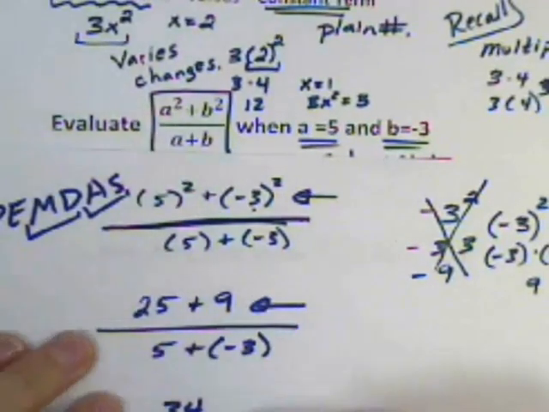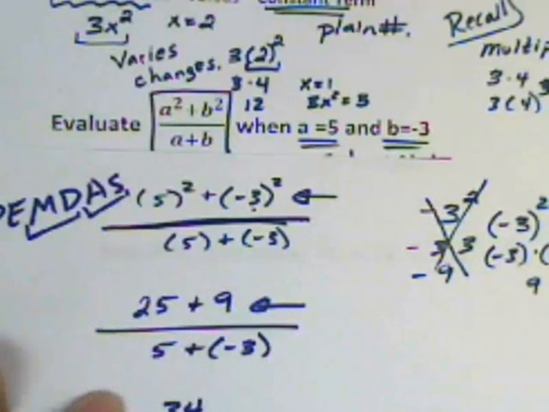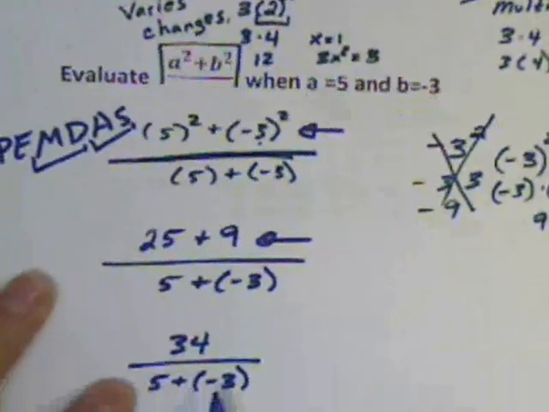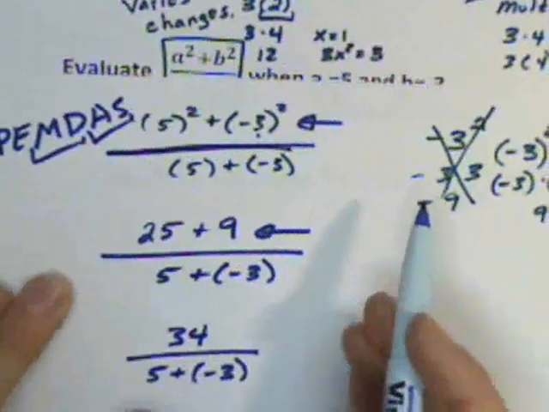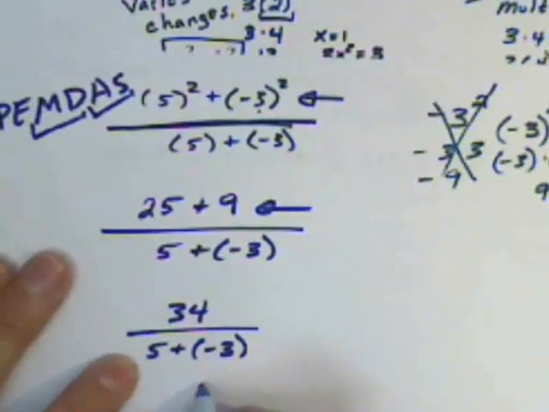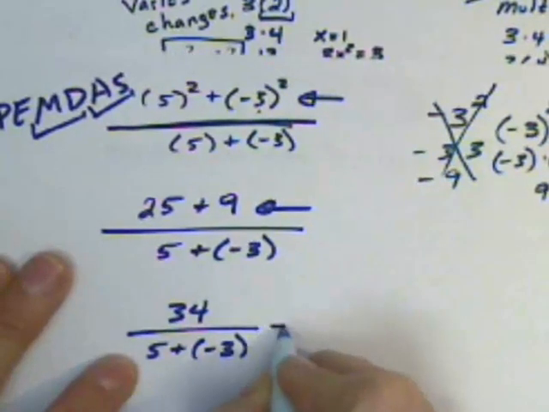Now on the top we say, okay, that's been completed. So let's look at the bottom. 5 and a negative 3. They're different signs, remember, so 5 minus 3 is 2, where the 5 was a positive number, which is larger, so we keep the positive there. So we'll say, okay, that is equal to